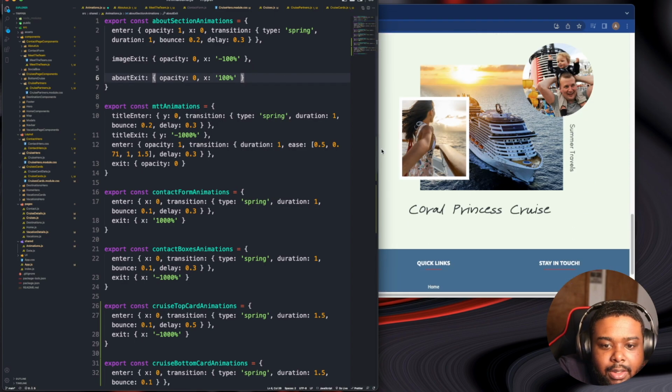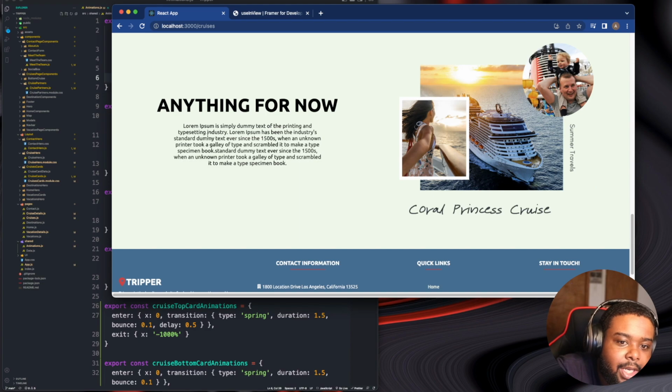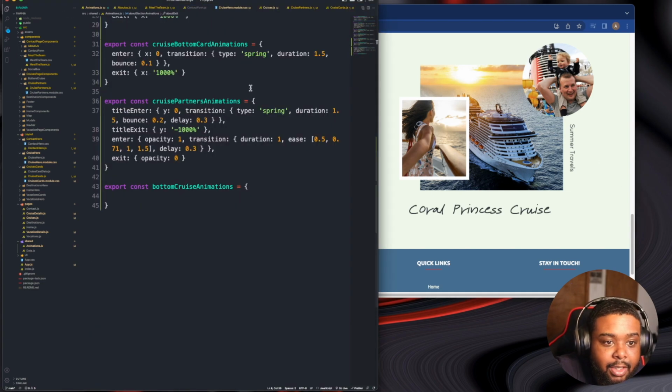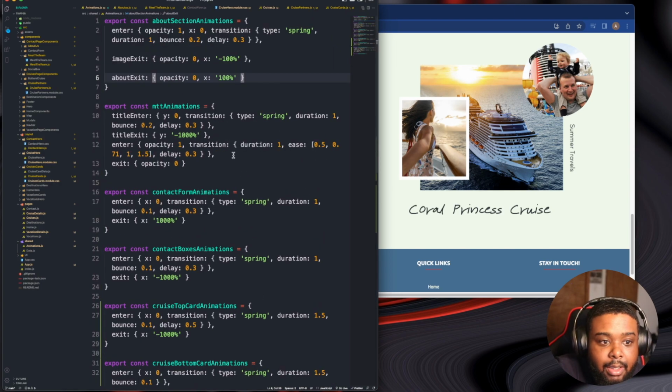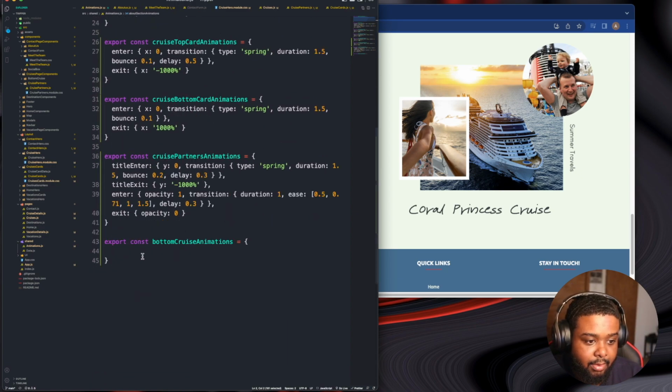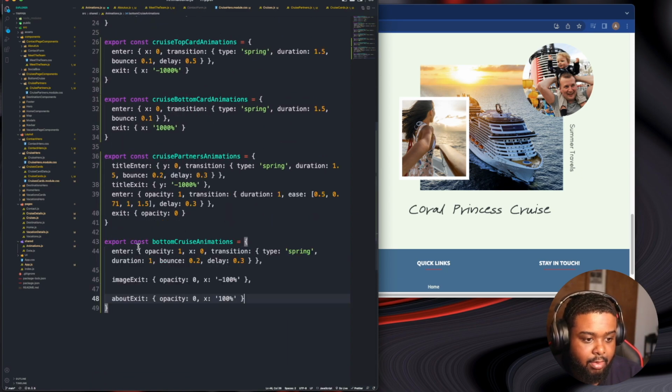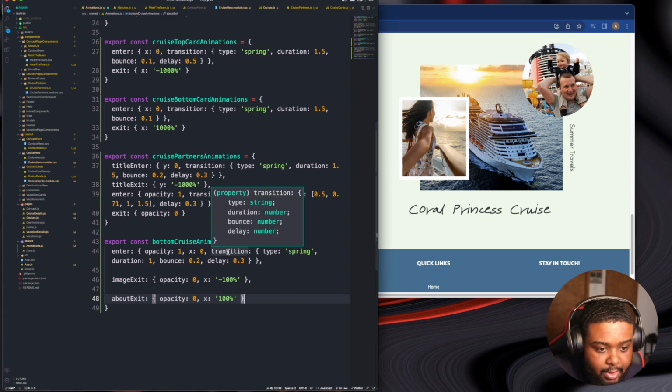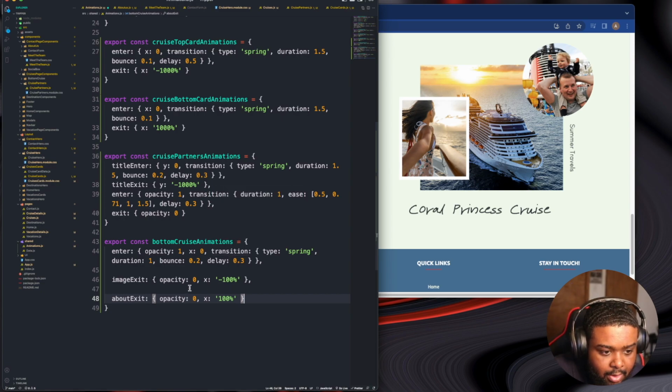Kind of want this image to come from the right, and this to come from the left, and that to come from the right. So to do that, I'm going to probably add the same thing here, something like that. Image exit. All right. And then